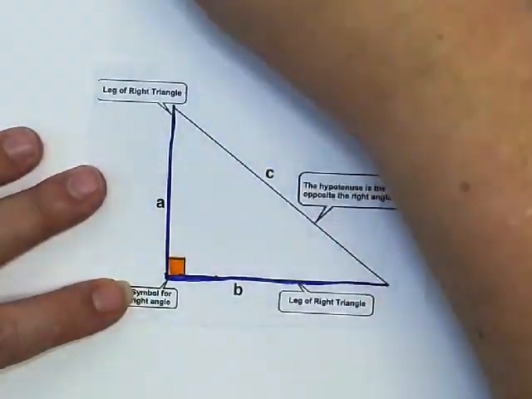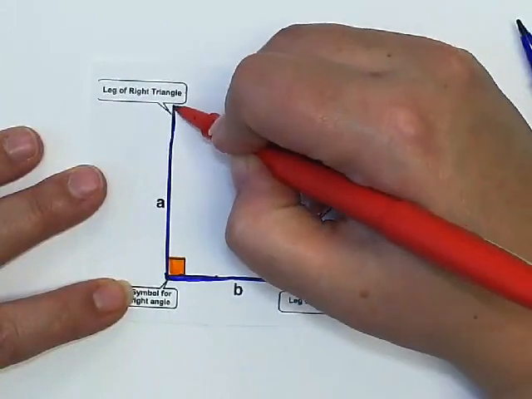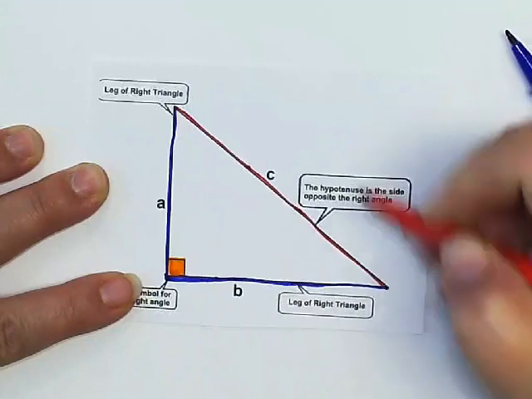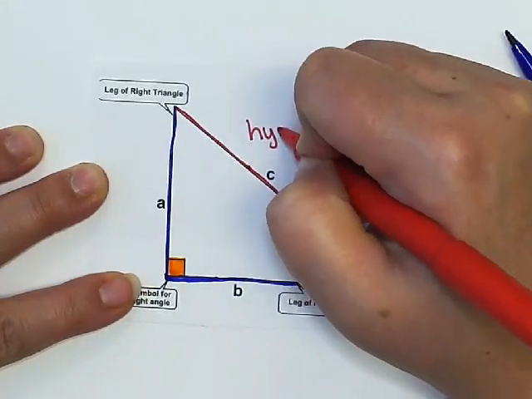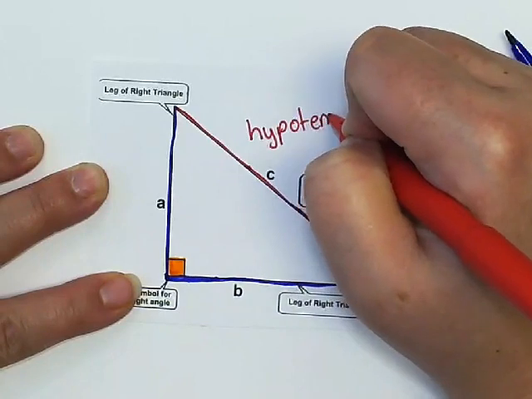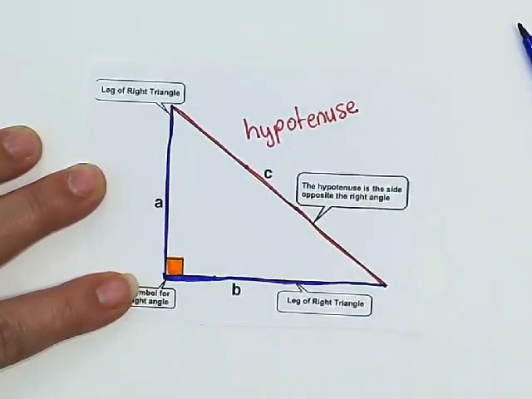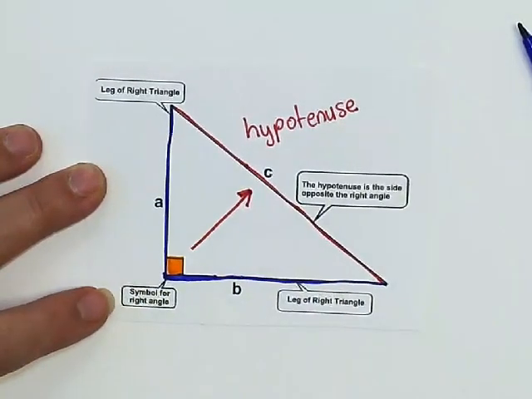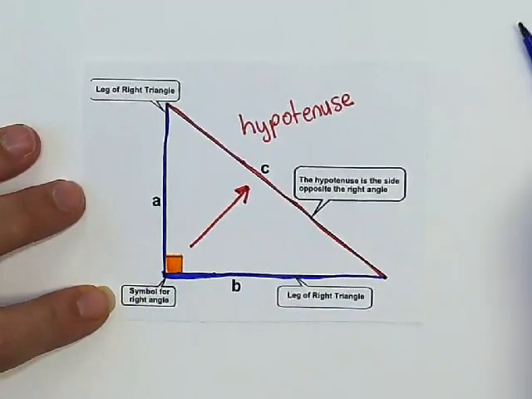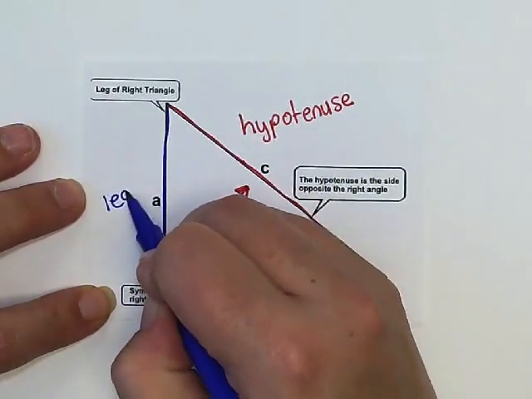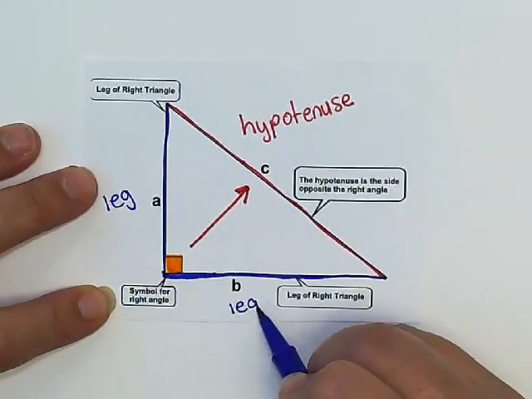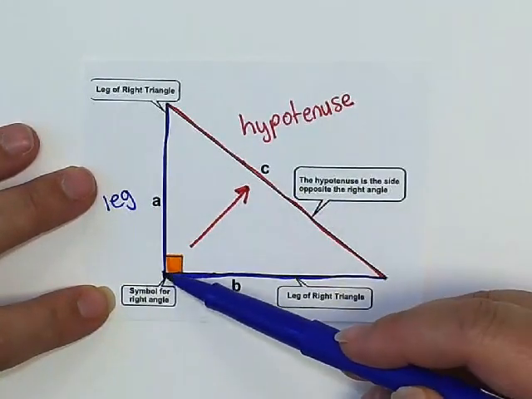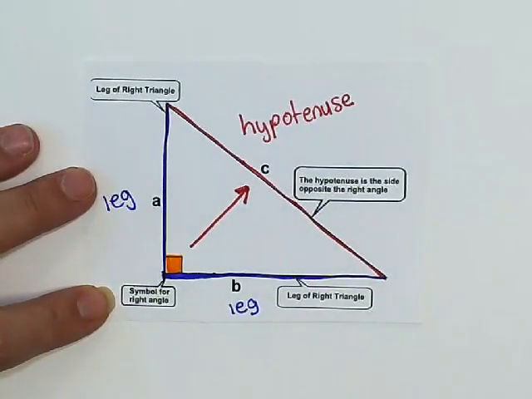So we're going to look at the hypotenuse right here across. That's a cool word, hypotenuse. So I'm going to spell it really big for you. Hypotenuse. Now the hypotenuse is the side of the triangle that is always across from the 90-degree angle. Okay, so we have our legs and we have our hypotenuse. So the legs are attached to the vertex of the 90-degree angle and the hypotenuse is always across from the